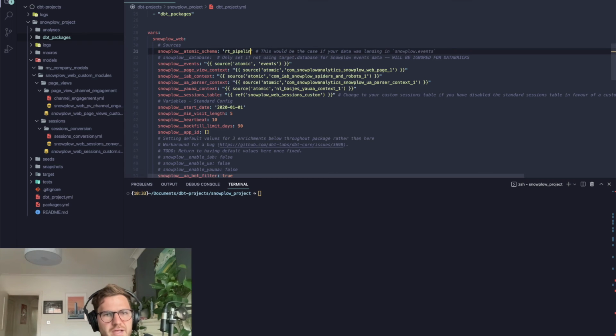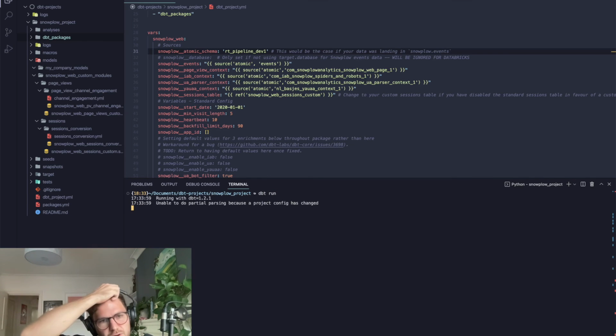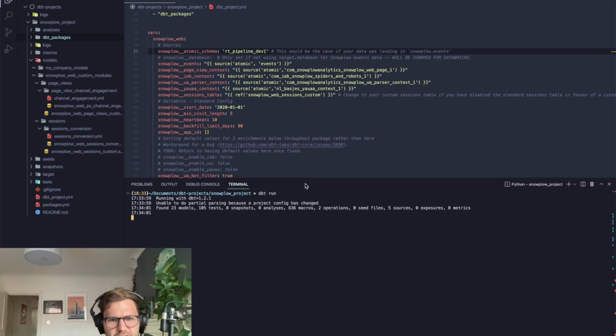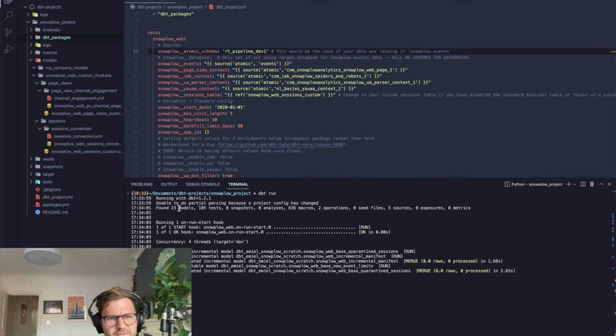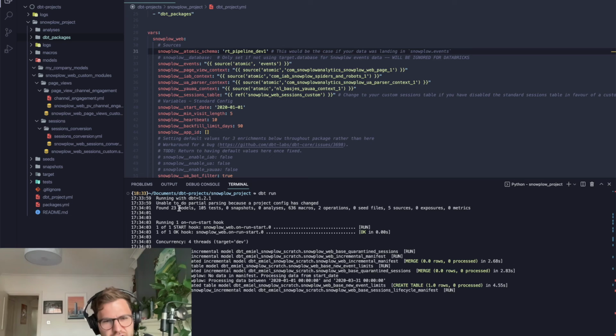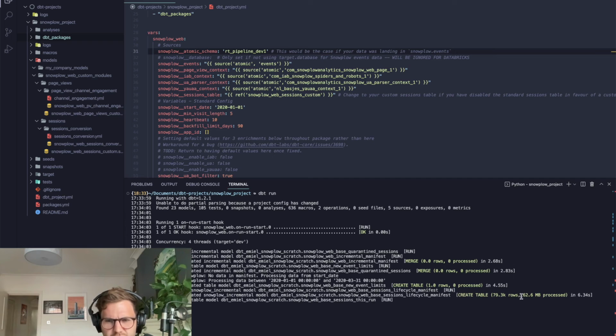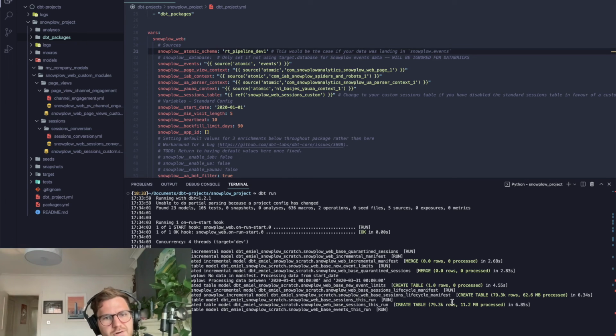So in our case, we'll have the data in a pipeline, in an atomic schema called RT pipeline dev1, and we can dbt run this project, and then we'll run all the models in this project. We've saved everything. Yes. So let's see. Now we have 23 models instead of the standard 20, because we've added 4, but we've disabled 1. So that should give us 23, which is correct. There's no data in the manifest. Fine. Yeah, so now we should just be processing all this data. So let's make sure this runs properly. And then if it does, then we're all good to go